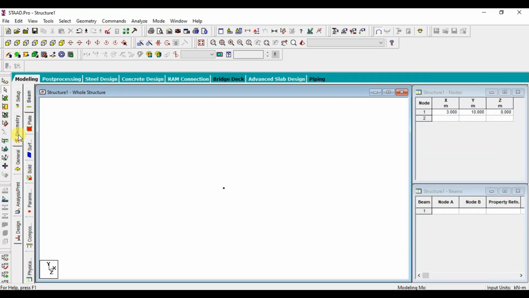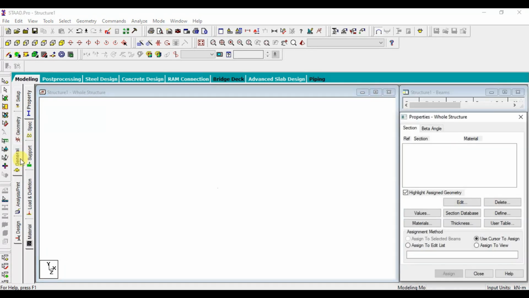Next, geometry. Geometry is used to create a model. So how will you create a model? You have to create a node, you have to create a beam, and you have to create a slab. Whatever things are used to create a model come under the geometry tab. Next, let's move to general.